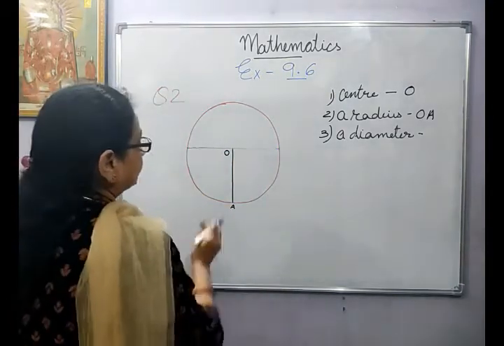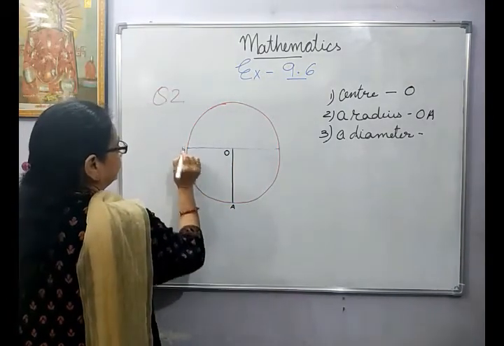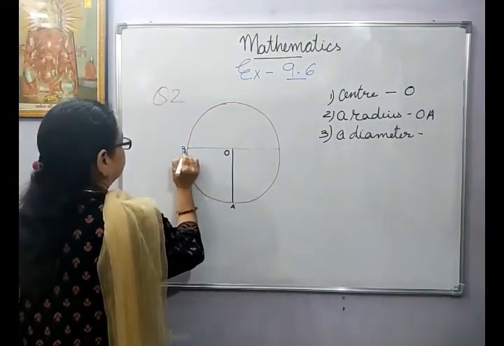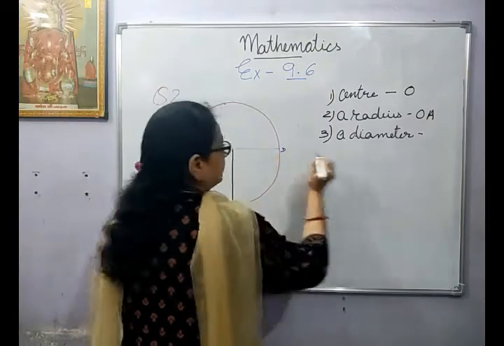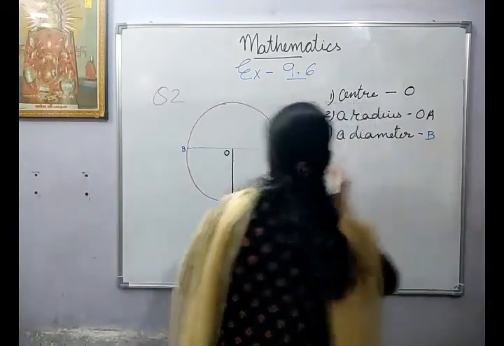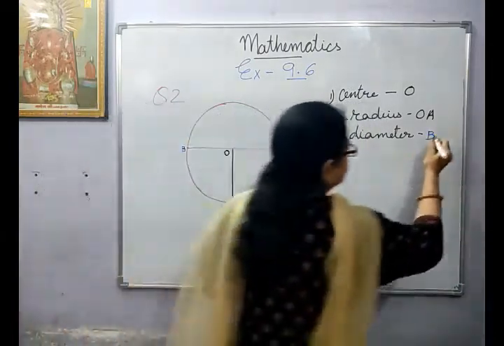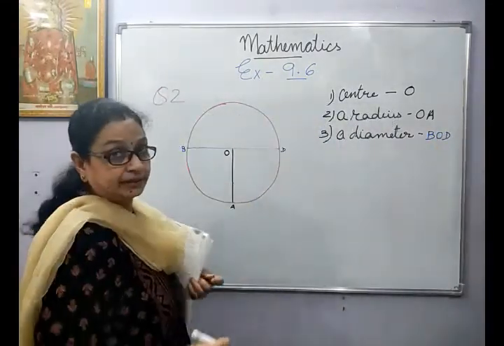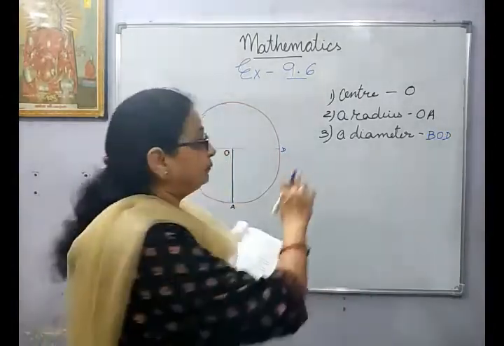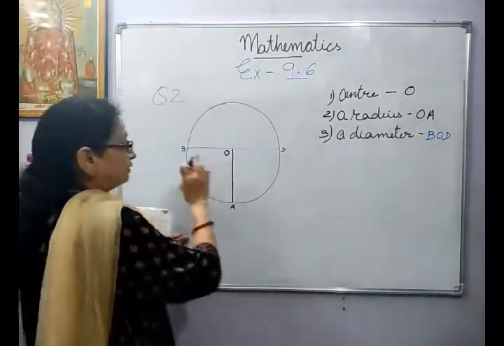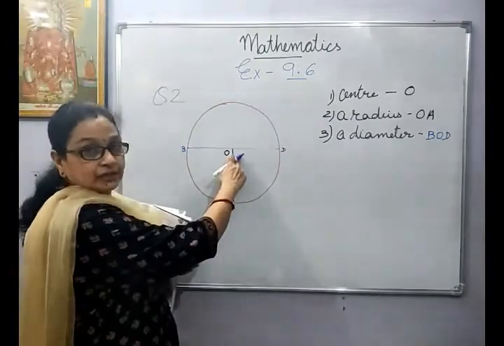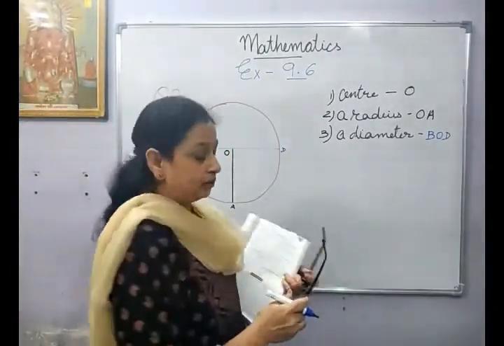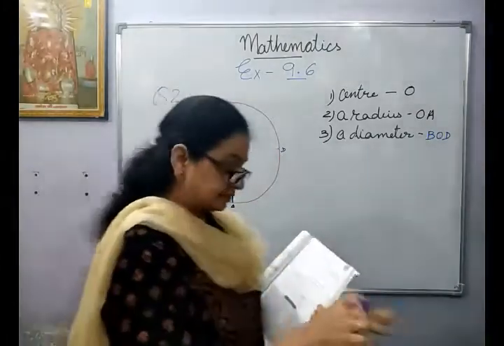So I make it BD. Okay. BD. So I write B. You can also write it BOD. This shows it is complete. BOD is a diameter. Okay. If you are writing BD, then also it's okay. But it's better if you write that, because you are covering this point. It shows that it is the center. So we are writing BOD. Then the next is